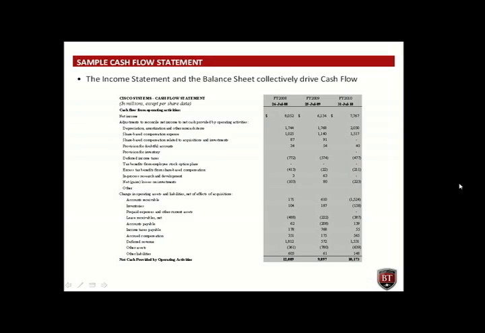This is Cisco's cash flow statement. Now, a cash flow statement typically starts out with net income at the very top, and to that net income, adjustments are made for cash and non-cash expenses. So the first chunk of adjustments that are made are essentially related to operating activities. So things like depreciation and amortization, or changes in accounts receivable or inventory or accounts payable. And so you'll see that a lot of the line items here either come from the income statement or they come from changes in the balance sheet. So for example, the accounts payable is a difference in the accounts payable from the prior period to the current period. So when you adjust for all the operating activities, what you have is net cash provided by operating activities,